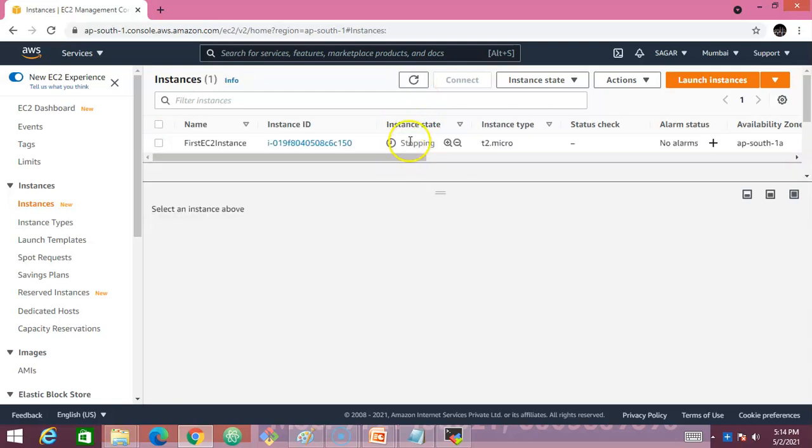So this is the usage and understanding of the PEM key or private key, and how we authenticate, or how we will be able to connect to our Linux server with the help of the private key, and you need to be aware of how to stop your servers as well.